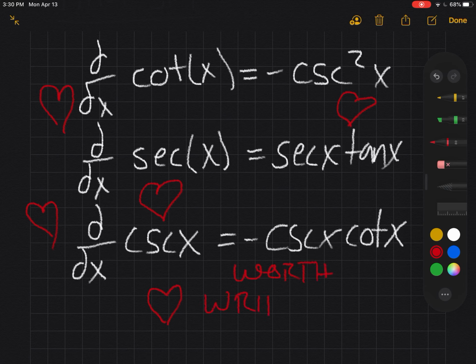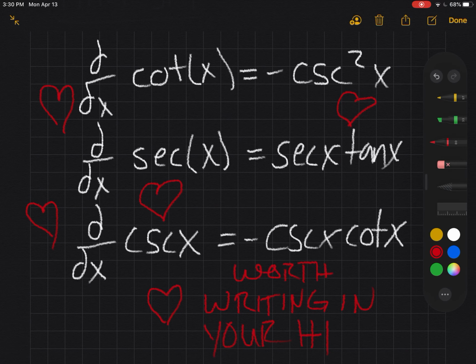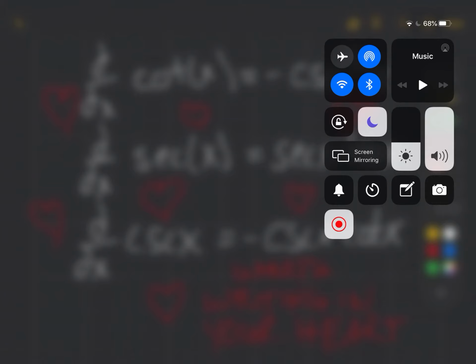And you're going to hate it, but these are worth memorizing. That's what these hearts mean. You know I don't tell you guys to memorize stuff that much, but these are worth writing in your heart. They're worth putting the effort in to make sure that you know and understand fully. So however you like to memorize things, I would suggest you put in the time here. It's worth doing, okay? You know I don't ask you to memorize often, so if I'm asking you to do it, I hope you can trust